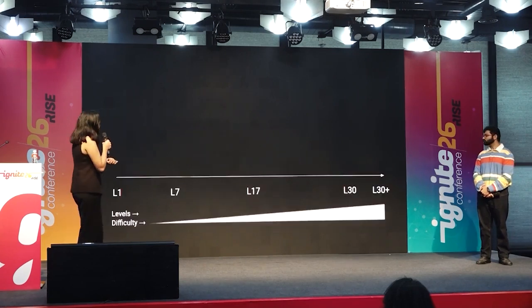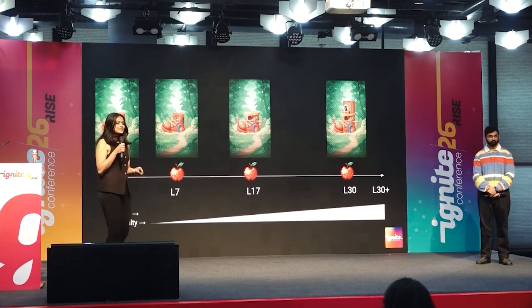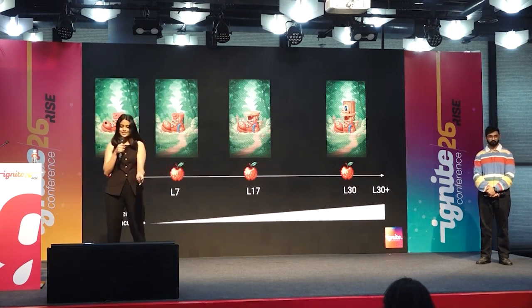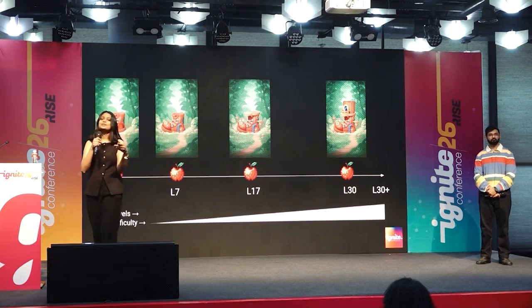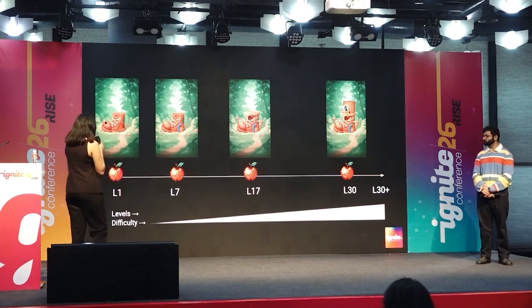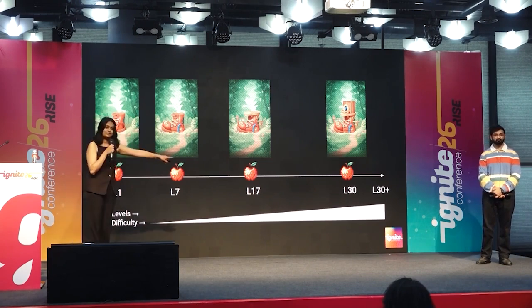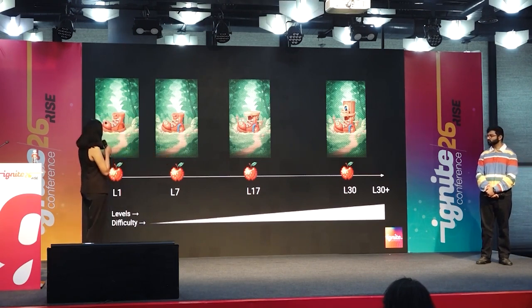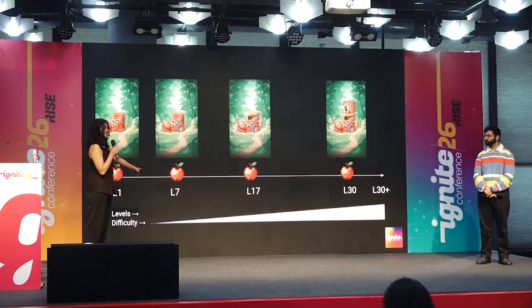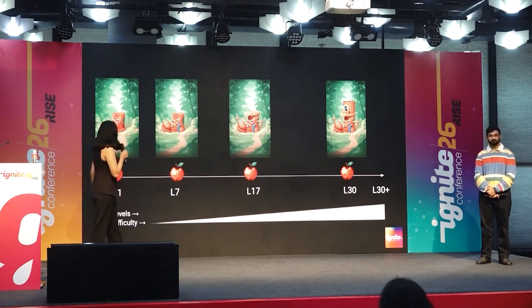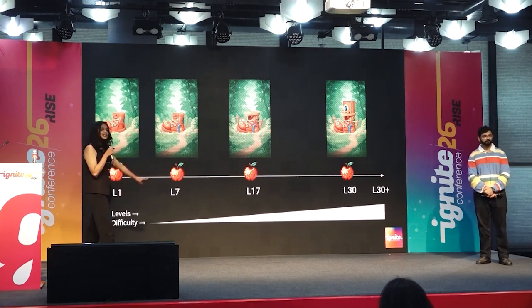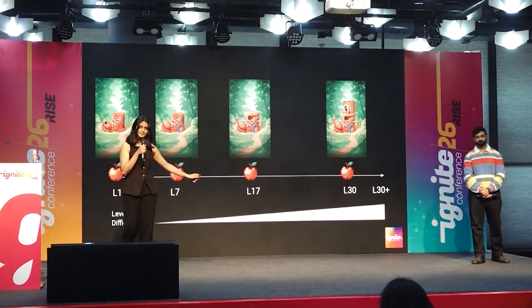Now, looking at the rules, what were the rules? You play a level, you earn stars, and you earn a certain number of stars to complete a scene. Imagine these apples are scenes that come up across different touch points of levels. You can see the first one comes at level 1, the second one comes at level 7, and then 17. And let's also remember the difficulty curve of the levels rises as you play.